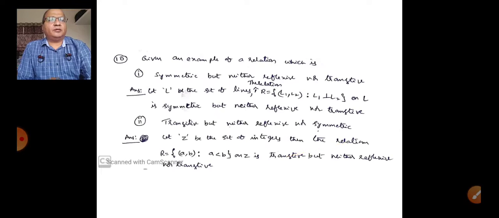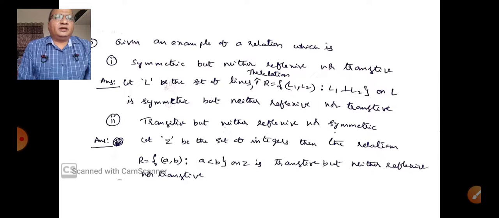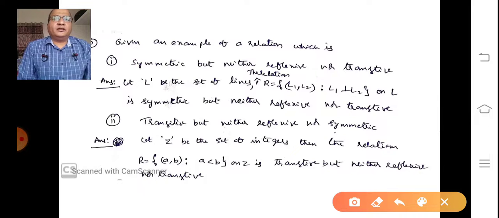In the 10th problem: give an example of a relation which is symmetric but neither reflexive nor transitive. This model question is very important in the PUC. They used to ask this as the first question. Such model questions are very important. Symmetric, we already discussed in the previous class. If you take a relation